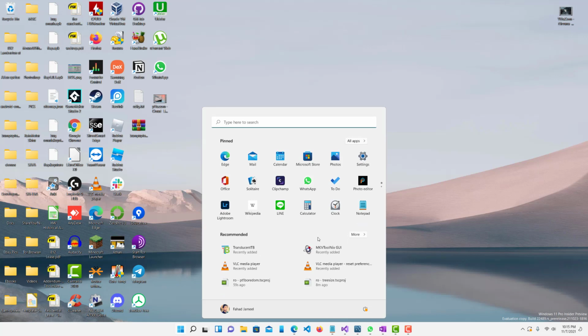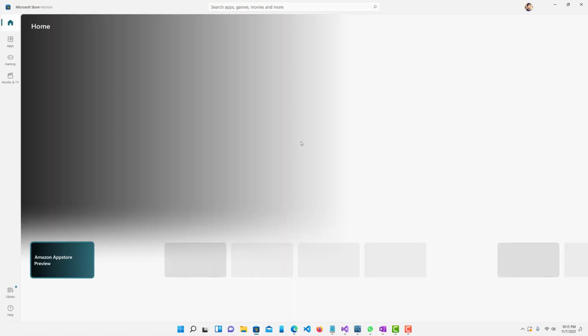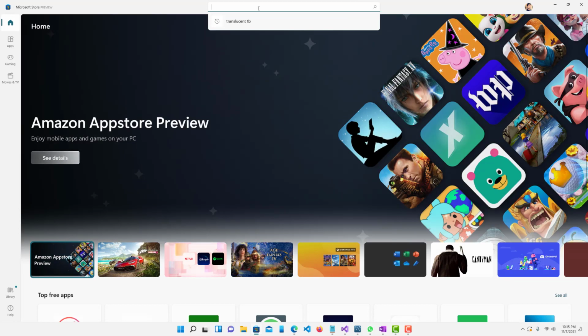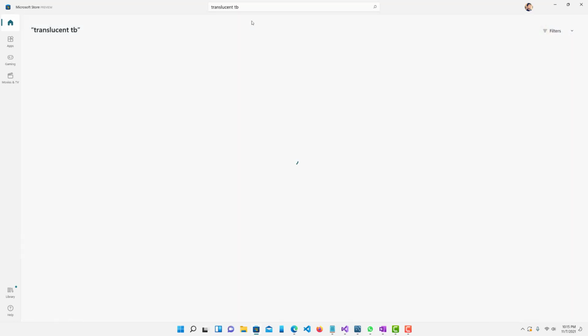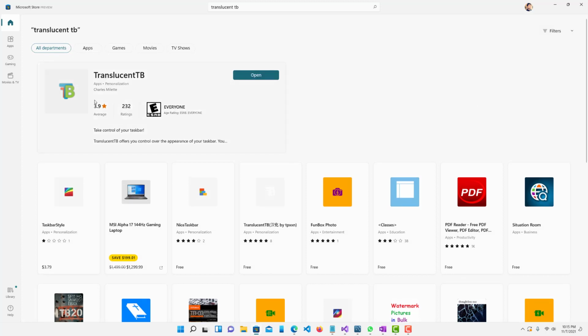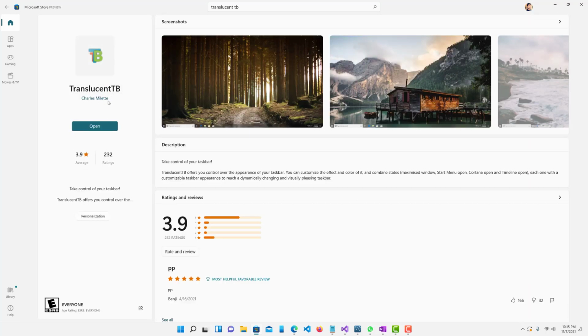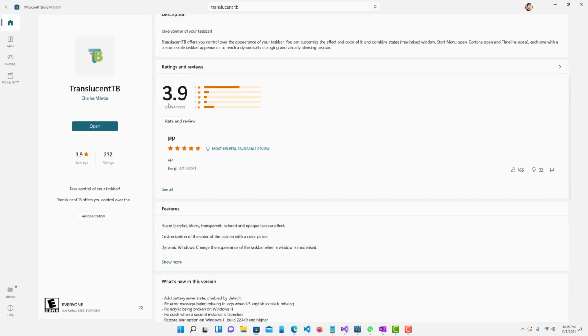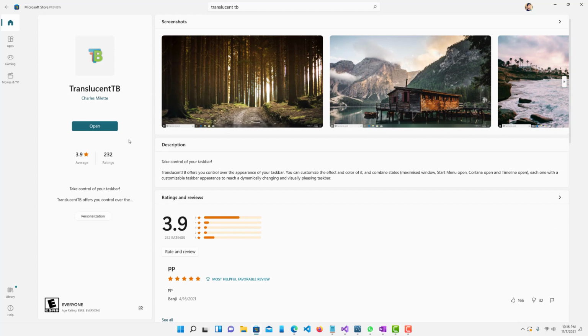The way it works, first you want to go to the Microsoft Store, and you want to search translucent TB. So I have it here already, and this is the one by Charles Miletti, and you want to basically download it. All right, I already have it downloaded, and once you have it downloaded, press open,